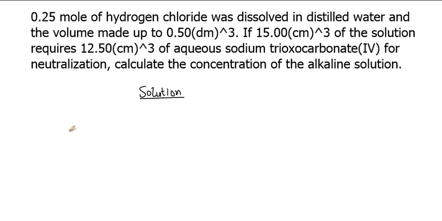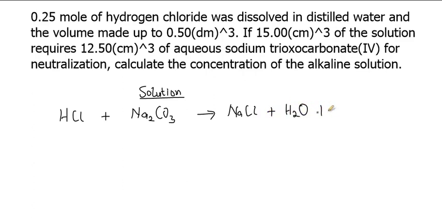So in this equation now we'll be having HCl, which is the acid, plus the base Na2CO3 to give us salt. So the salt formed there is going to be NaCl, sodium chloride, plus water,